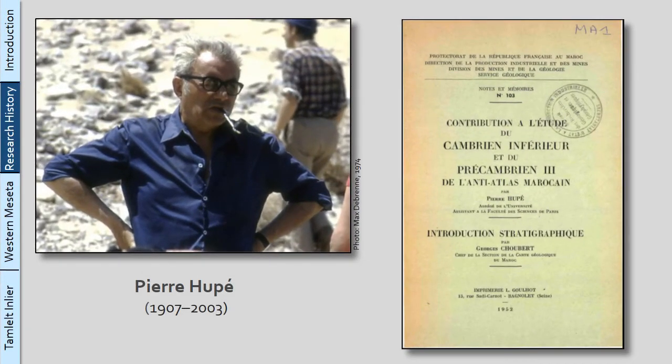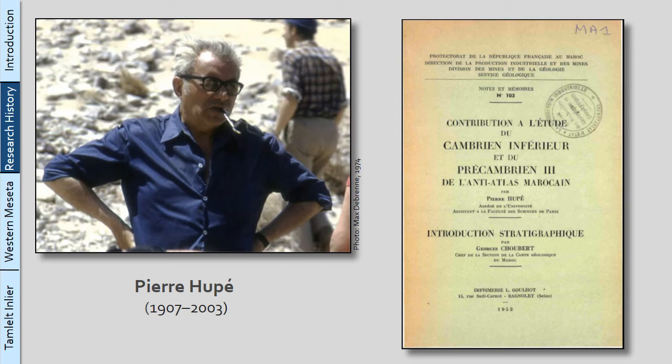The Cambrian stratigraphy received a pronounced momentum when Pierre Huppé entered the stage. Huppé studied sciences at the universities of Strasbourg and Nancy and graduated in 1931. Huppé was well known for his drawing skills, for which he won prizes at the university. He then became a high school teacher of natural sciences. In the 1930s, he performed geological studies in the Pyrenees, mainly on structural geology. Between 1945 and 1949, he worked for the CNRS and in 1951 entered the Laboratory of Geology at the Sorbonne